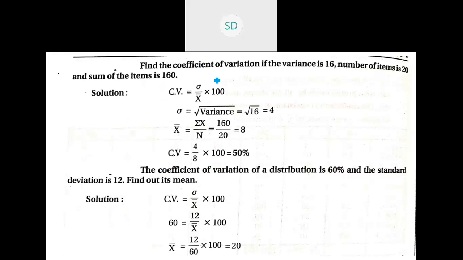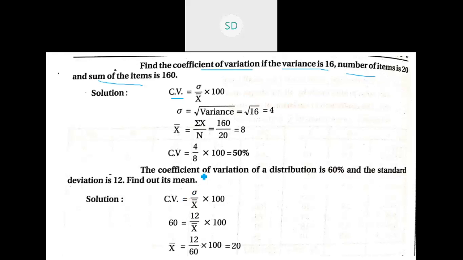Okay, so all that we did in this question was we were supposed to calculate CV. They asked us to calculate CV, but they had given us the data to find the arithmetic mean. So we calculated the arithmetic mean, then using the variance, we calculated the standard deviation, then we calculated the coefficient of variation.